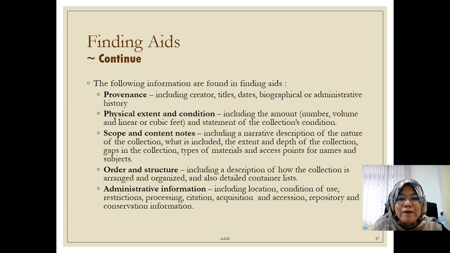The following information is found in finding aids. We have provenance, including creator, title, date, and biographical or administrative history. Physical extent and condition include the amount or number, volume, and linear or cubic feet, and a statement of the collection's condition. They also have scope and content notes, including a narrative description of the nature of the collection, what is included, the extent and depth of the collection, gaps in the collection, types of material, and access points for names